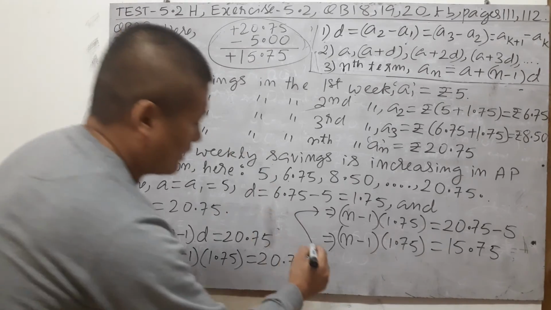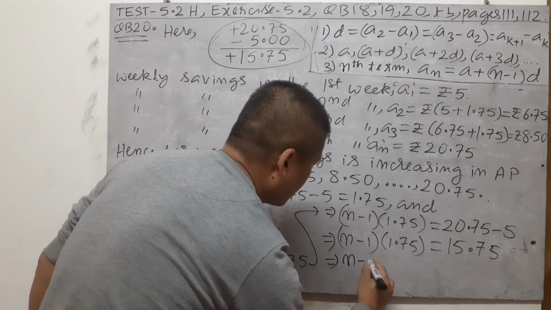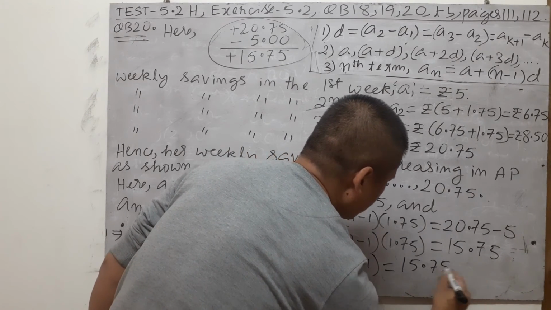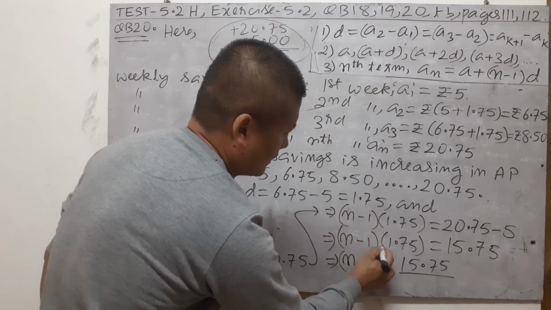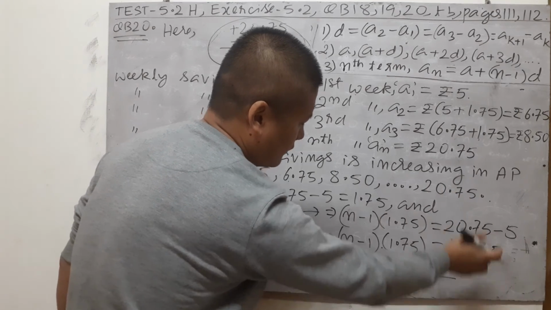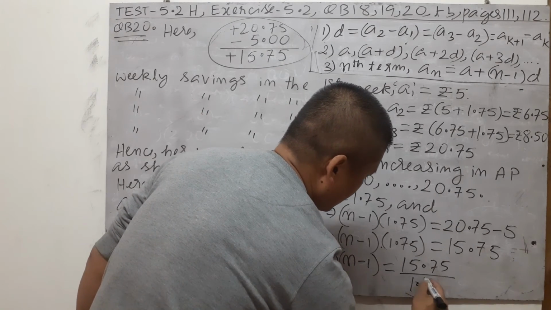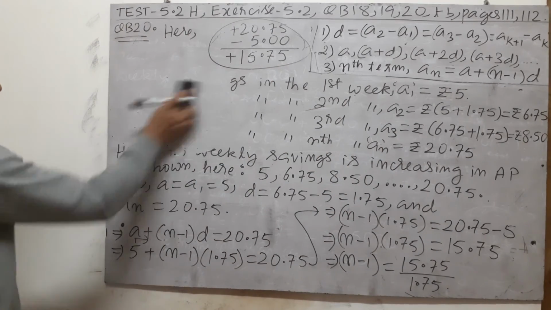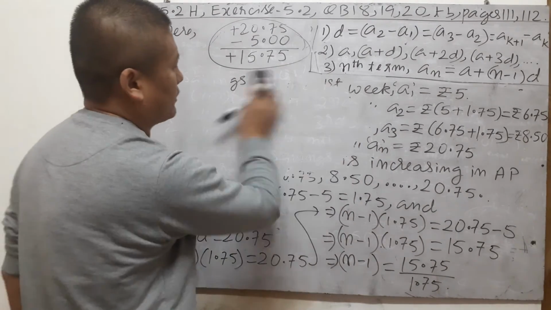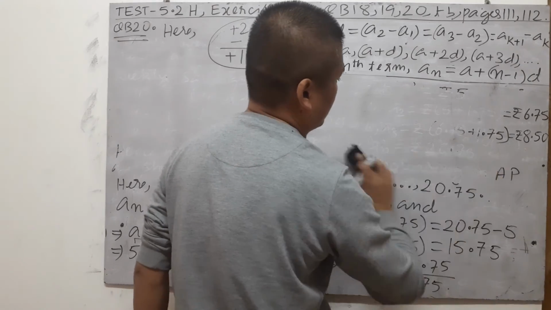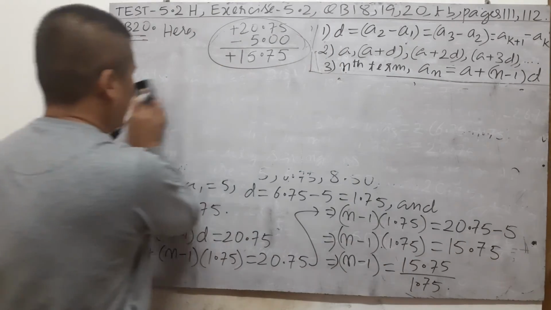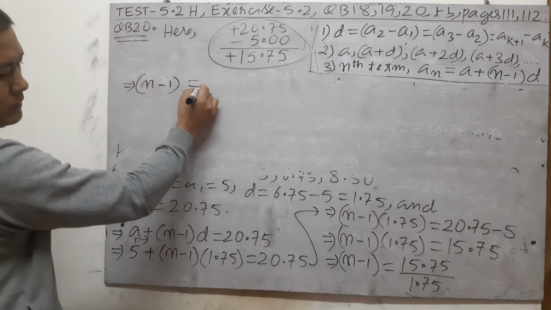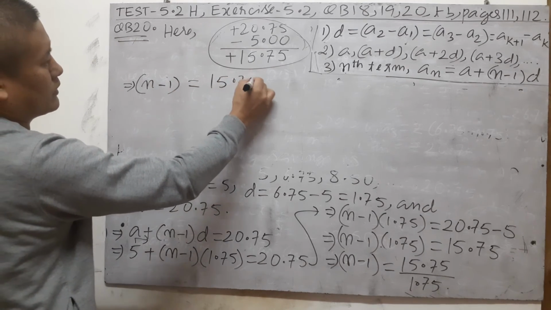So once we're through with that, we're going to get here n minus 1 is equal to 15.75 divided by 1.75, shifted to the right side. Then we'll go down to the denominator. Almost there. Okay, we will need this part, so let me write it out. So that gives you here n minus 1 is equal to 15.75 by